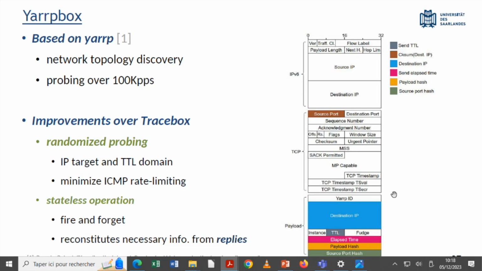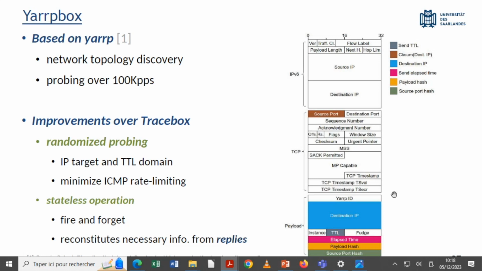Now, this is possible because we encode the state information into the outgoing probes themselves. For example, on the right-hand side, we have an IPv6 packet, and we encode the state information here in the payload of the packet. The state information obviously includes the target IP that we're targeting and the originating TTL with which the packet is being sent out.